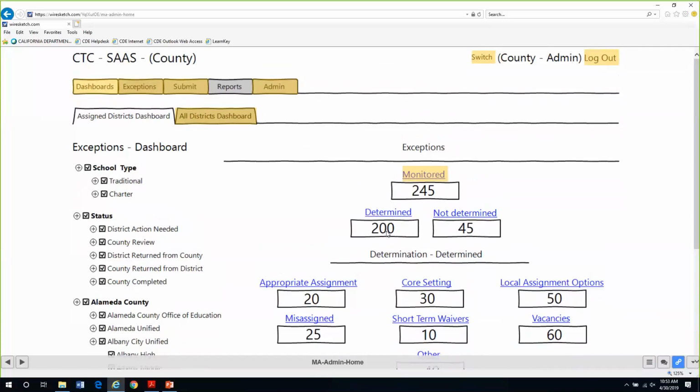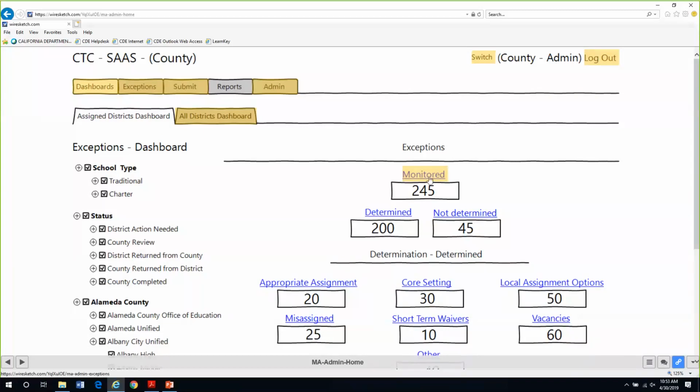So the monitoring authority of the county can work on reviewing the determinations of 200 of the assignments identified as exceptions in the CalSAAS system. They still have to wait on 45, but as they get down to the wire, they can contact the district and know which 45 have yet to be worked on.